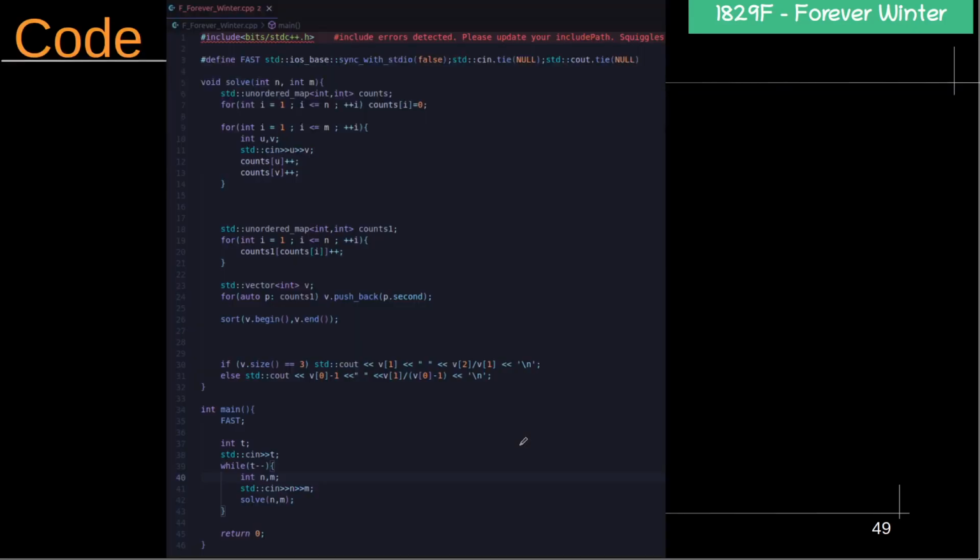Okay. The code. So this is the map. This map will compute the degree of each vertex. We read u and v from input. Node 1, node 2, to vertex 1, vertex 2, and you add 1 to each one in the map. Once we have this map, we can compute the number of vertices that have a degree d in